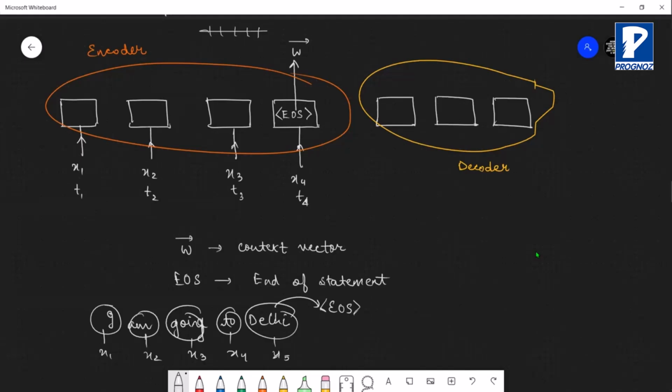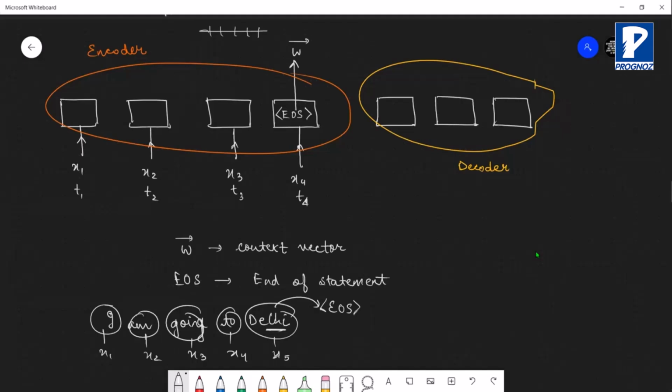Fine. Is everything clear till here? Any doubts? Just understand that we are right now talking about the encoder section. In case of the encoder, you will not have any output. You will only have inputs at different time steps. But once you reach EOS, or end of statement, of your given input statement, you will have one output. That output will be known as W, and that W stands for context vector.